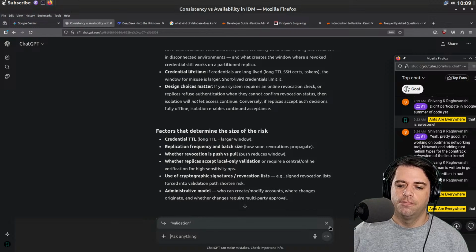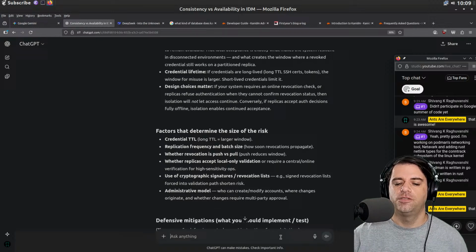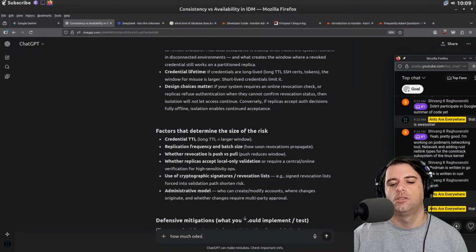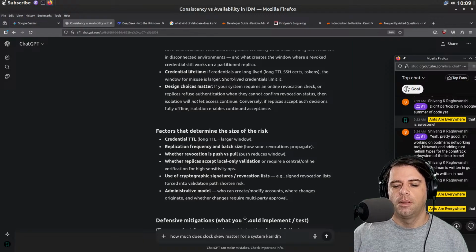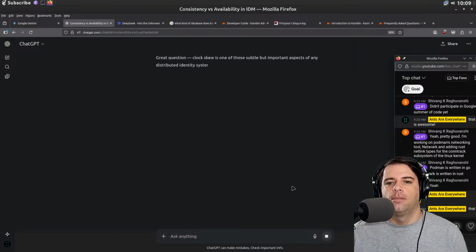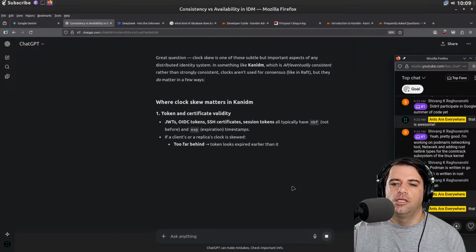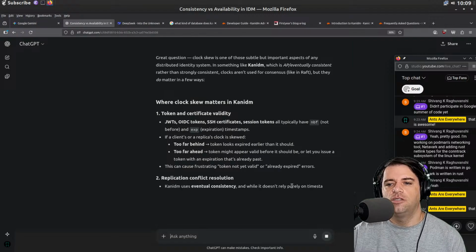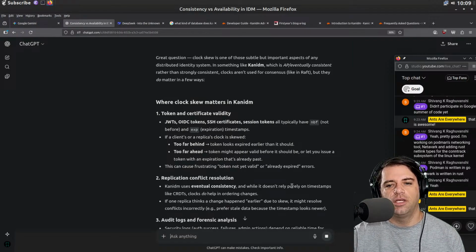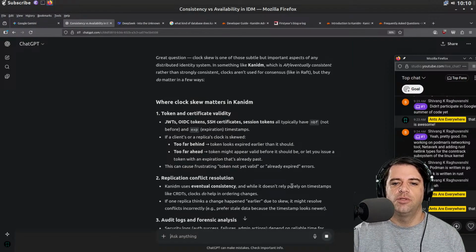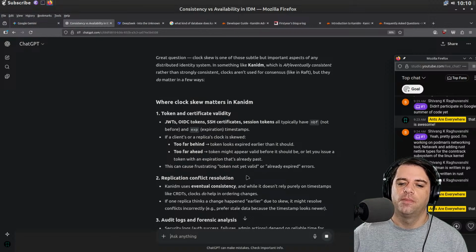And okay, so how much does clock skew matter for a system like Kanidm? These are just things I want to understand. In a system like Kanidm, which is AP/eventually consistent rather than strongly consistent, clocks aren't used for consensus, but they do matter in a few ways.